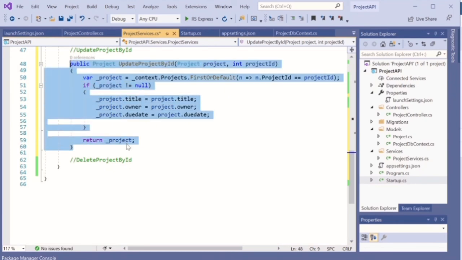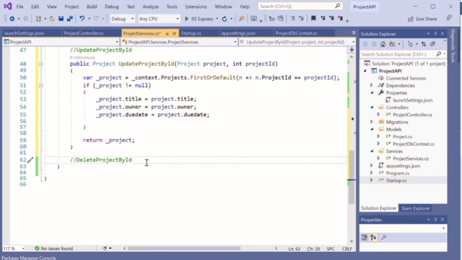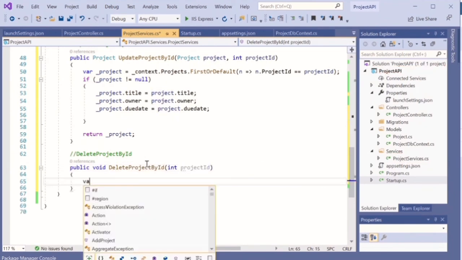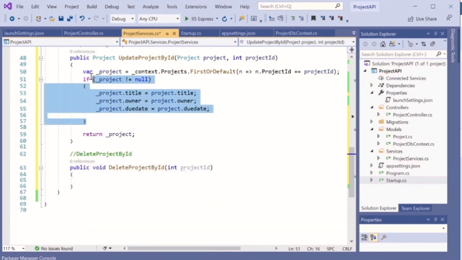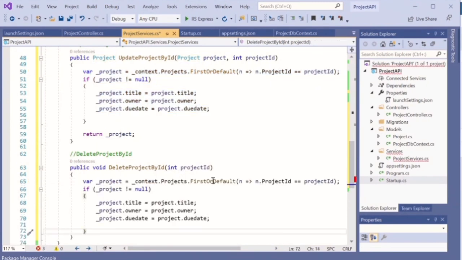That's all. This one is for updating the data. And next, we need to delete the project by ID. Same as before, we need to check whether this ID exists or has data or not. If it has the data, then